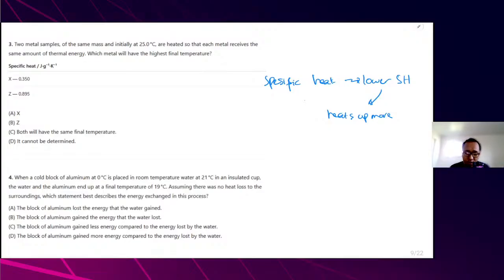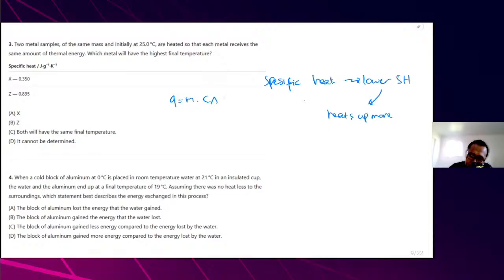Okay, so if the specific heat capacity is lower, it means we only need a little bit of energy to heat it up. If we apply the same energy, the one with the lower specific heat capacity will heat up more than the one with the higher specific heat capacity. Okay, so as you can see from here,